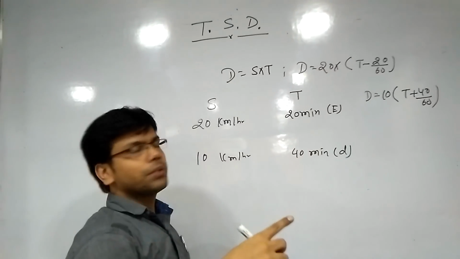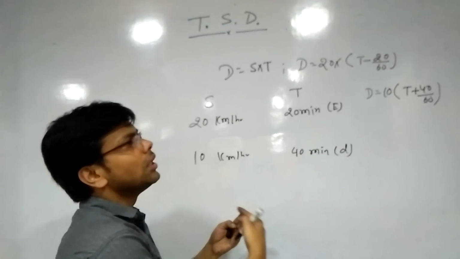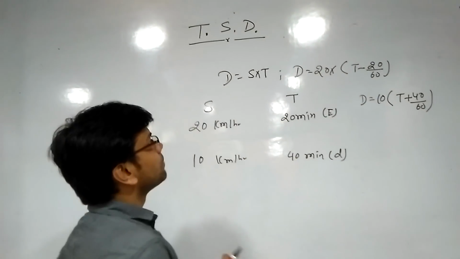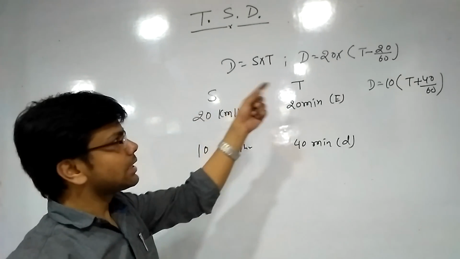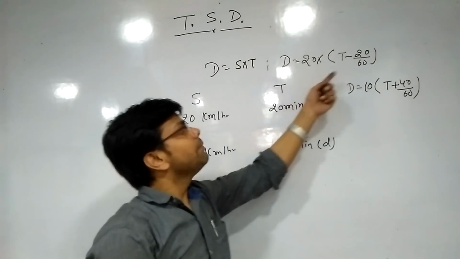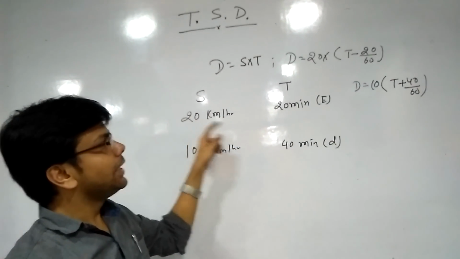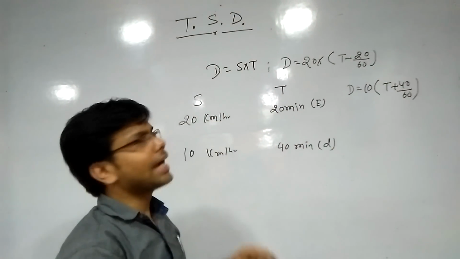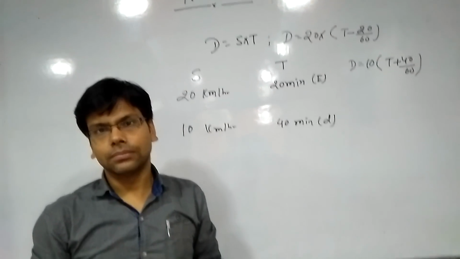If we solve these two equations, we find the time, we find the distance, and according to the question, we find everything. So our mother equation is distance is equal to speed into time. We place distance as d, speed is 20, time is 20 minutes earlier, so t minus 20 by 60. Time is in hours, in the unit of speed, so here also your hour should be there. Same with this, we solve the equation and get the value. This is a traditional method of solving time, speed, distance problems.